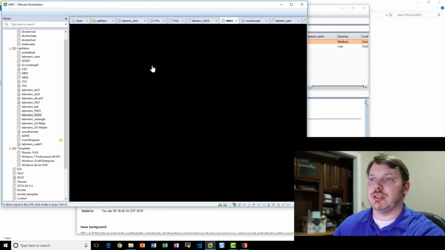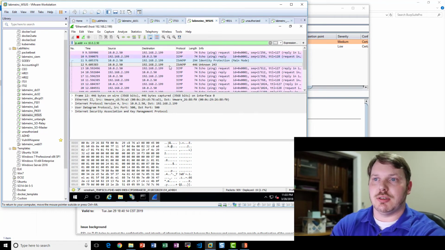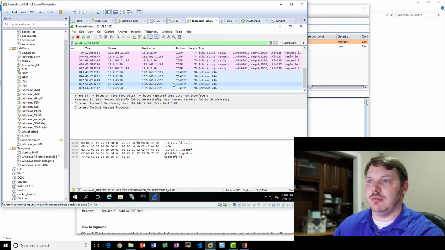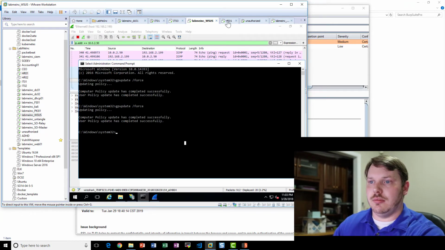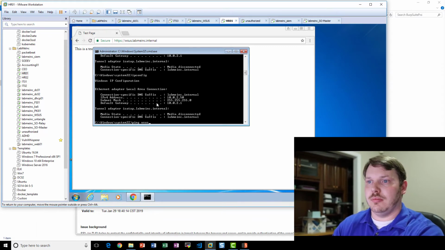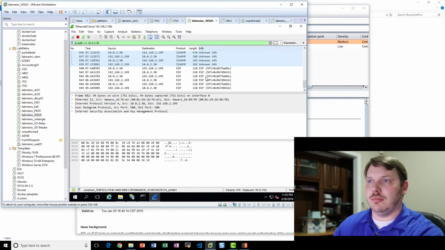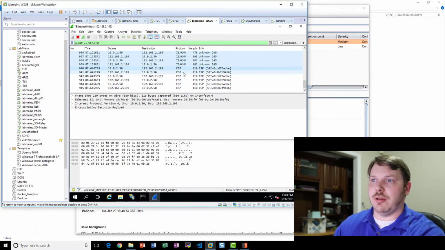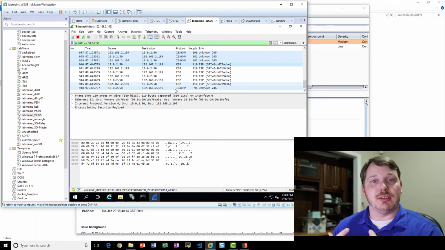Let me go ahead and limit this search to 10.0.2.50, which is the HR system, for a second. And there we go. So now you'll notice this is switched over, and the pings are still working,